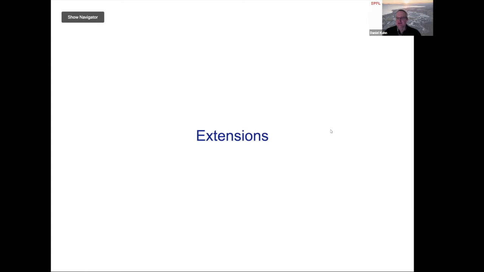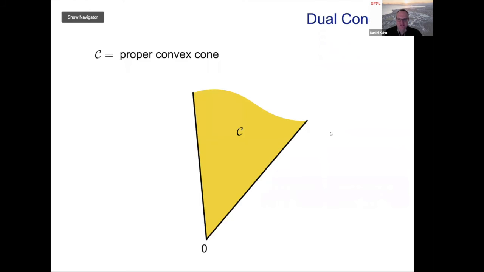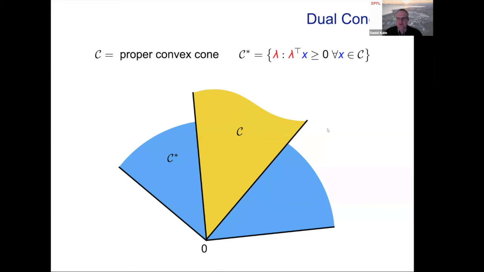So our results on distribution robust optimization and uncertainty quantification can also be generalized along several dimensions. And first, the support set and the ambiguity set can actually be characterized through generalized conic constraints. So to explain this, consider first a proper convex cone C, and recall that the cone dual to C is the set of all vectors lambda, such that lambda has a non-negative inner product with any vector x in C. This means that the angle between any vector x in C and any vector lambda in the dual cone C star is less than 90 degrees.